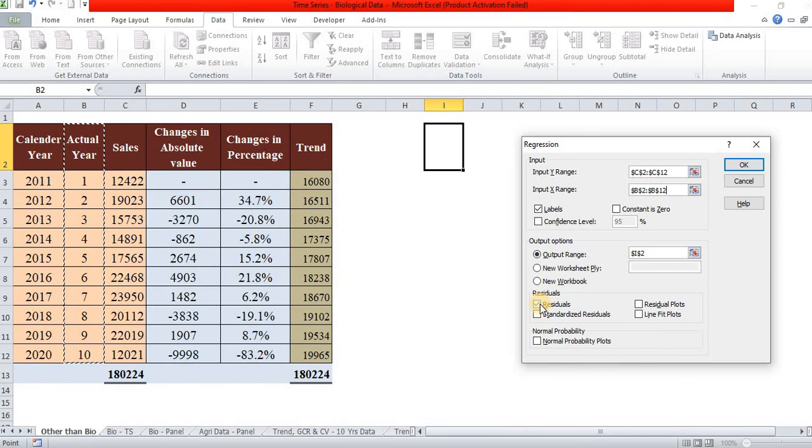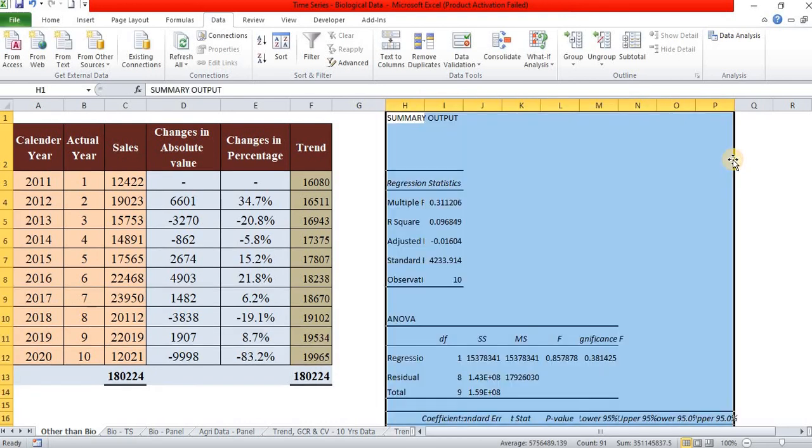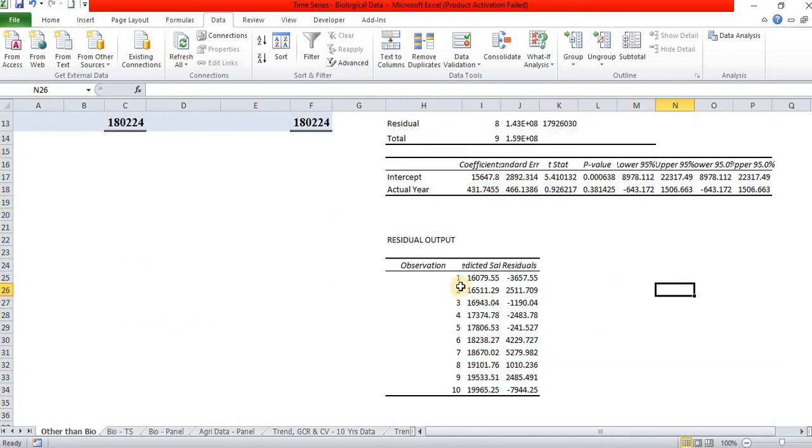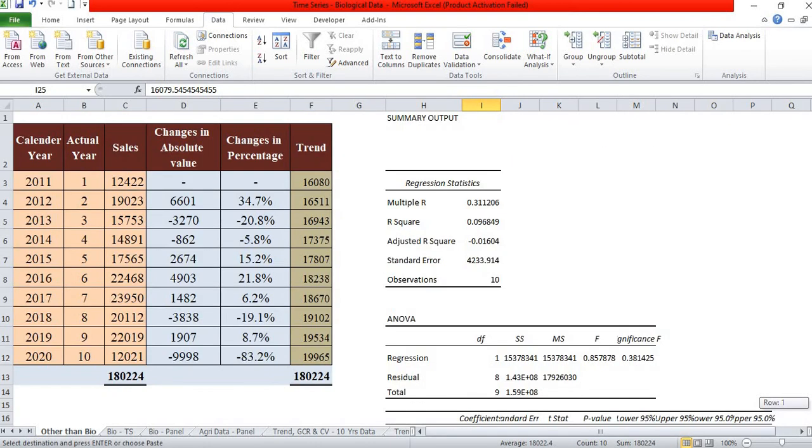And you tick residuals, then only you can get the trend value. So select the output range. I am selecting here. From this analysis, we can get the residual value. This is the residual value, the predicted residual value.